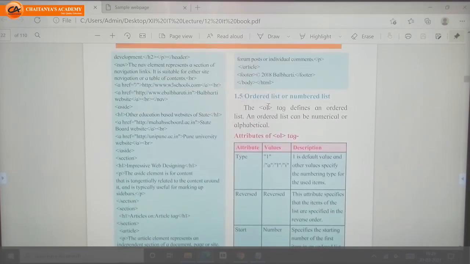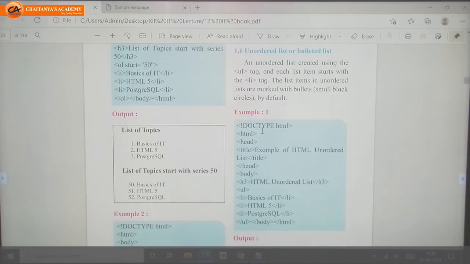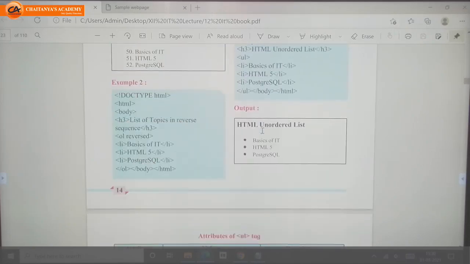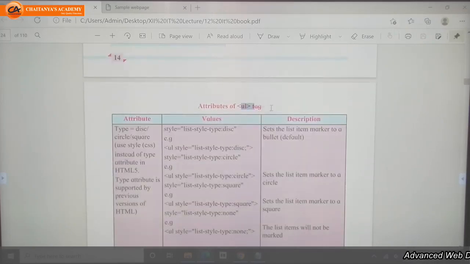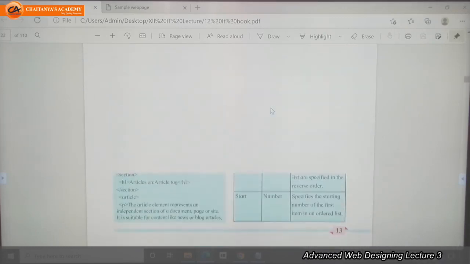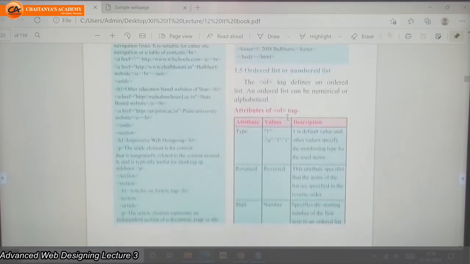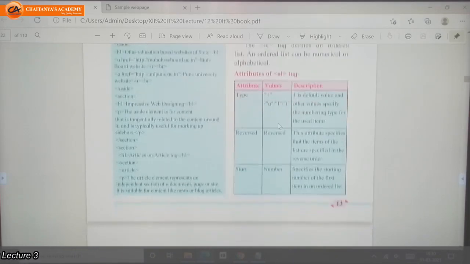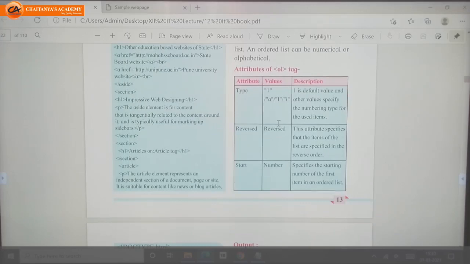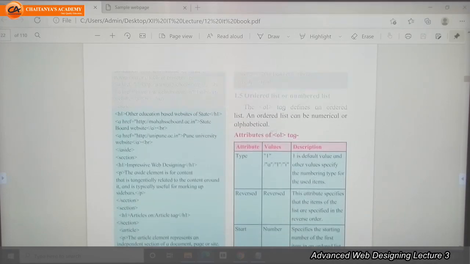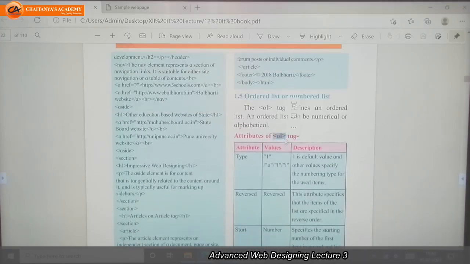First is the ordered list tag and second one is the unordered list tag. Ordered means numbered. If we want to display the list of elements as 1, 2, 3, 4, otherwise Roman 1, Roman 2, Roman 3 like that, then we need to use this OL tag.